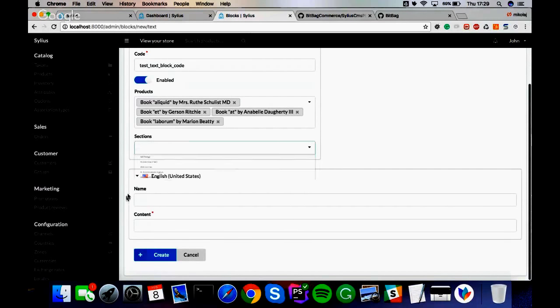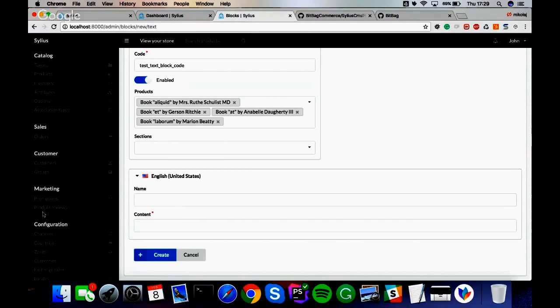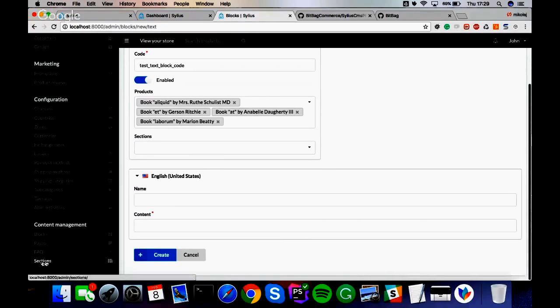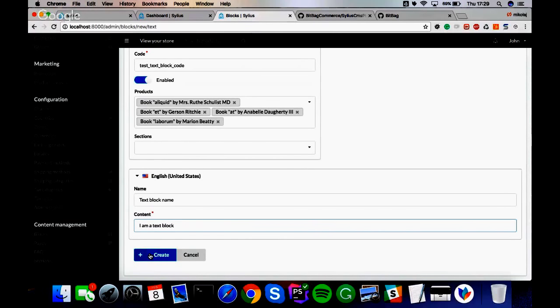It also has a reference to a section. I'm going to skip what a section is right now and go back to it later as we go through the section tab. You can give it a name, for instance, a text block name, and some content like I am a text block. After you create it,